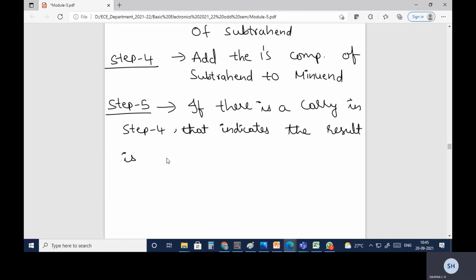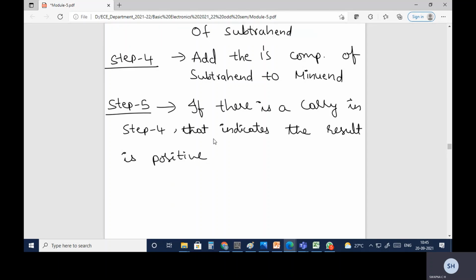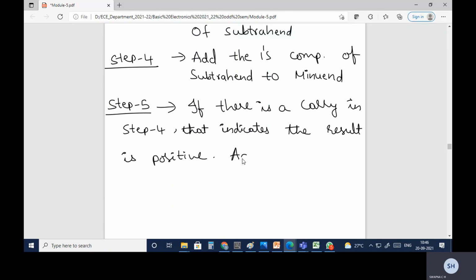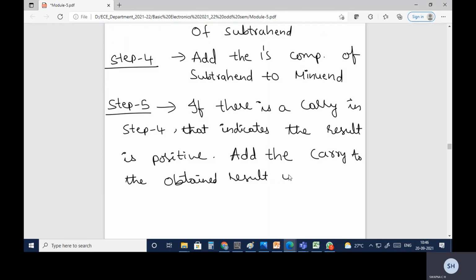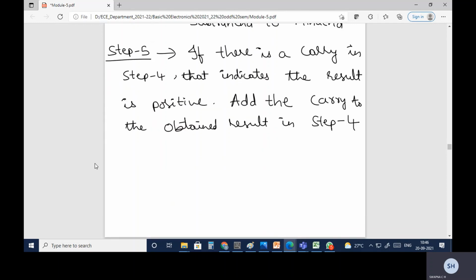Since the result is positive, then what you need to do is add the carry to the result obtained in step 4. Okay, so here I have just explained if there is a carry.